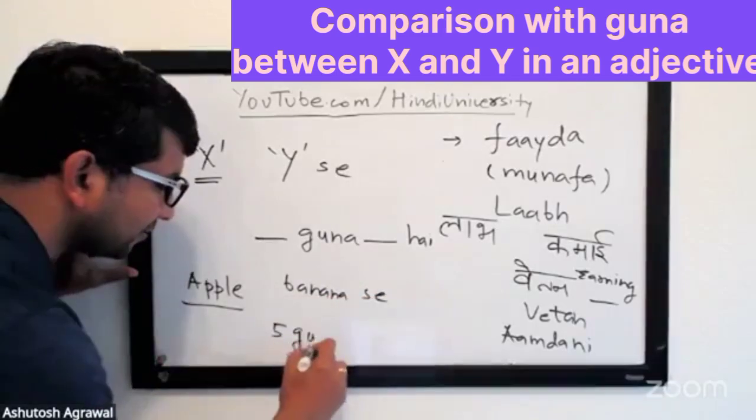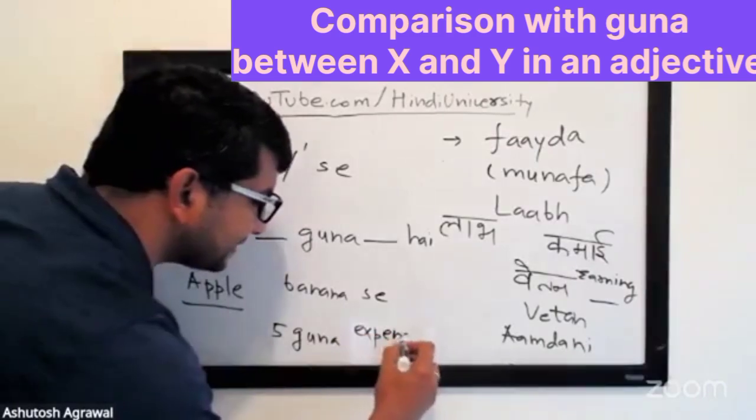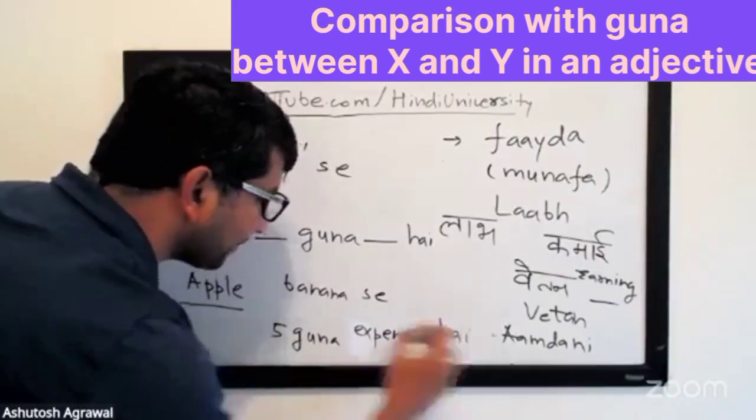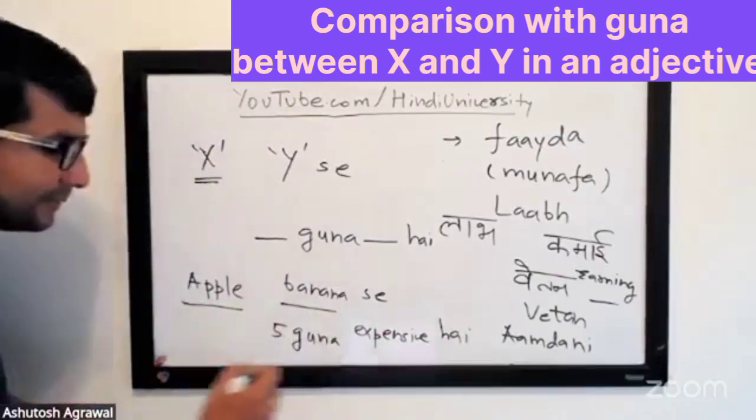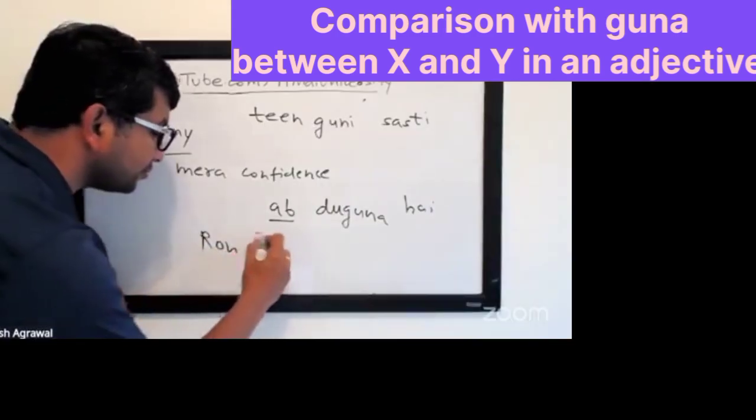5 गुना, let's say I'll keep it simple, expensive है. Apple banana से 5 गुना expensive है. So one is like Ron John से